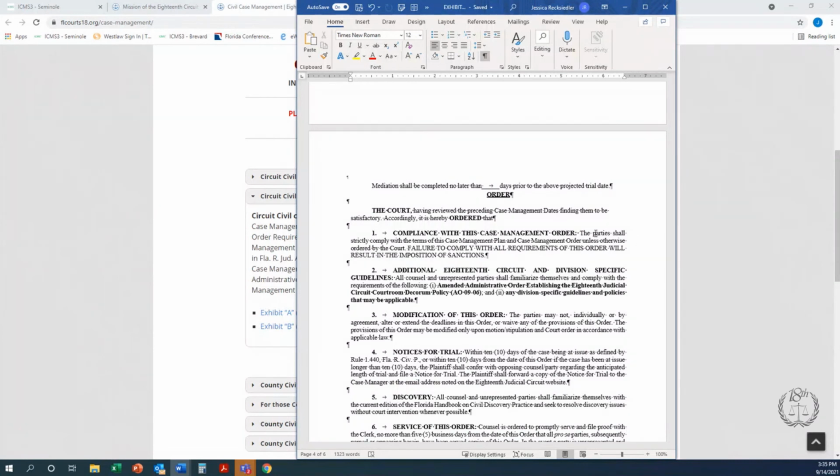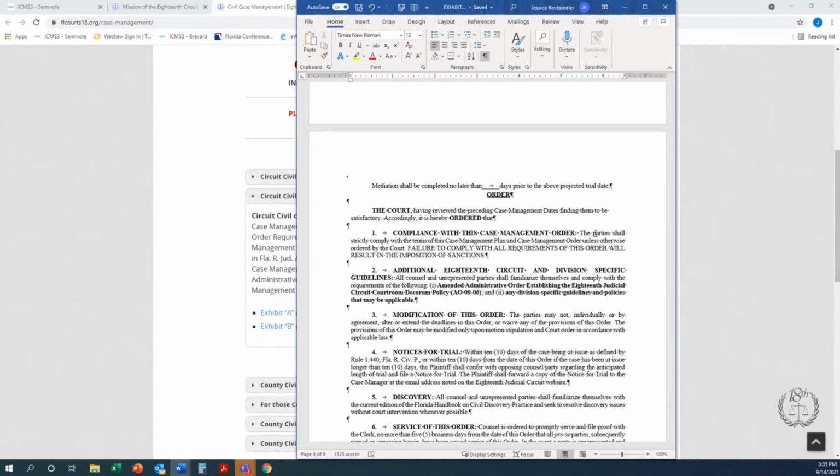And then also indicate that the other side, now that they've been submitted this case management order, has 5 days to object. And if they do not object within the 5 days, the party would ask that the court enter that order. And essentially, we will look at that in order to hopefully avoid any issues in the future.